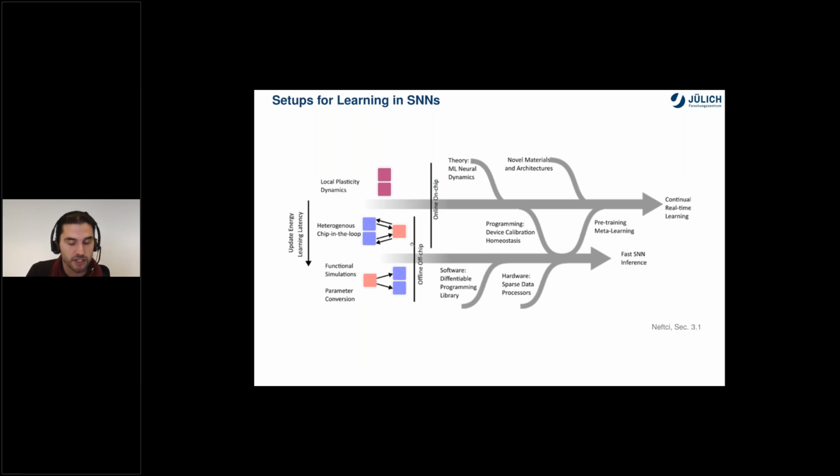Sometimes we'd like to have an external processor that performs learning. So here you would have, for example, the learning processors that would feed in their information to the chip, and then that would feed back the states for making updates. So we call this the chip in the loop approach. Or there's also the offline training, where you train a neural network off chip on a computer, and then you map the parameters to the chip. And all these different approaches are complementary to each other.